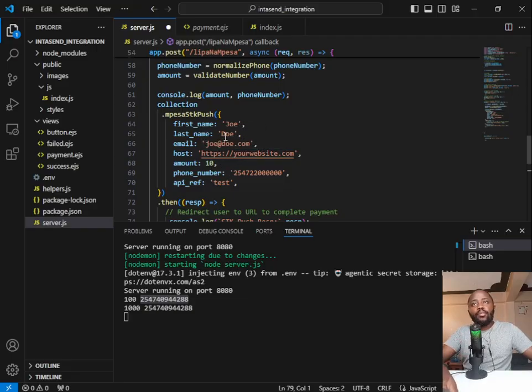Now, here's the important part. If you are doing this in production, you probably want to pass the name of the customer so that once they process the amount, the receipt is going to be sent to them via email, the notification that you've paid this amount to a certain shop. But in this case, I'm just going to enter my name there. But if you're doing this in production, you probably want to